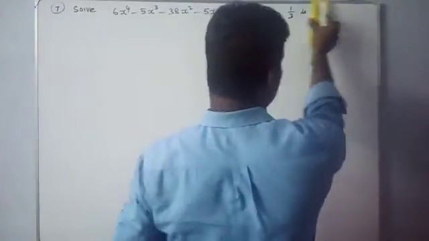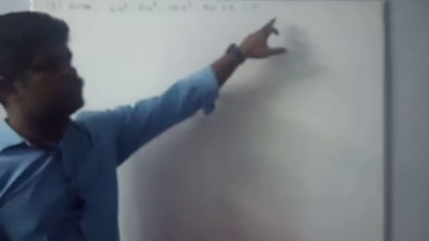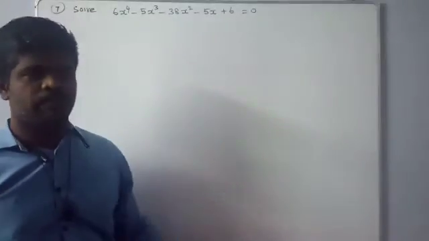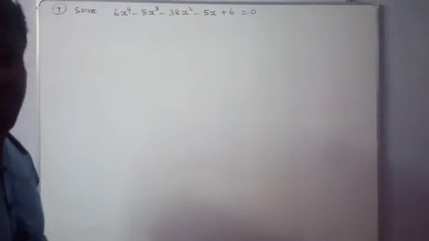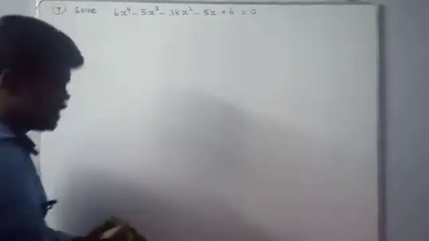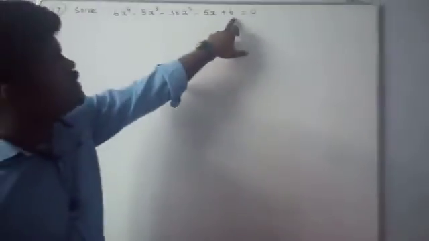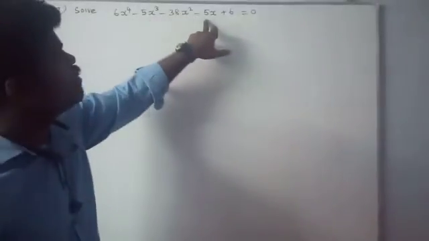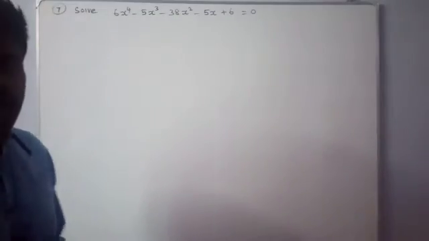We don't use this root. There are two methods. The first method is that we use the solution 1 by 3, and the other method is that we don't use the solution. So how to solve it? The second method is only for a reciprocal equation, a reciprocal equation of type 1. This is 6 and this is 6, and here minus 5, here minus 5. The center term we did not consider.